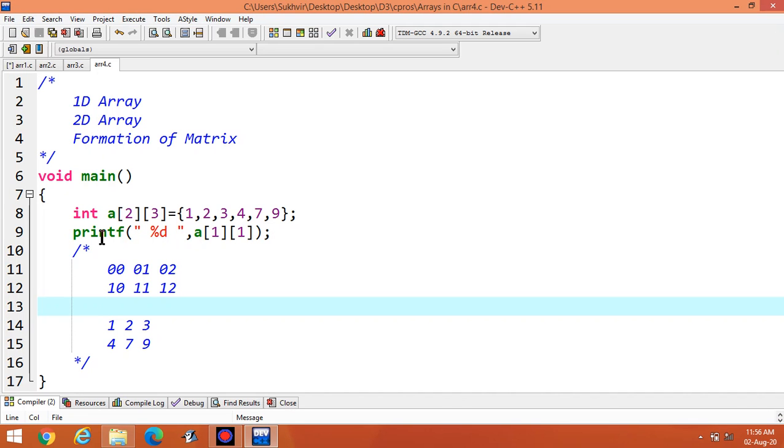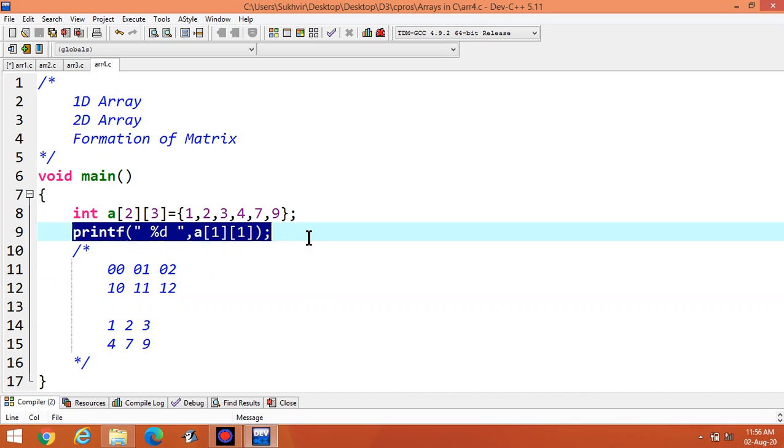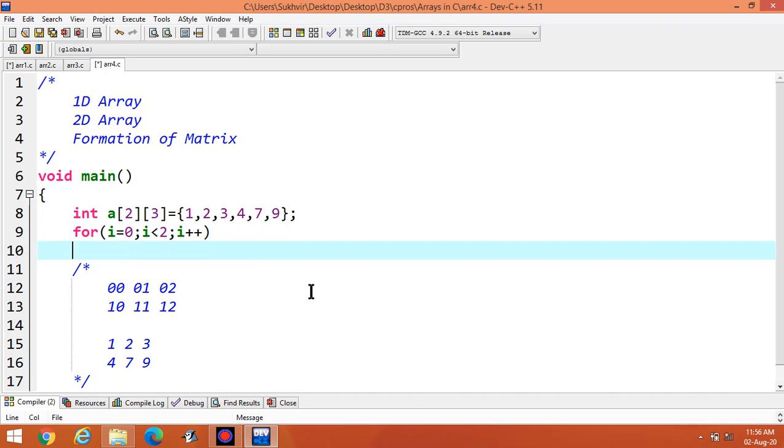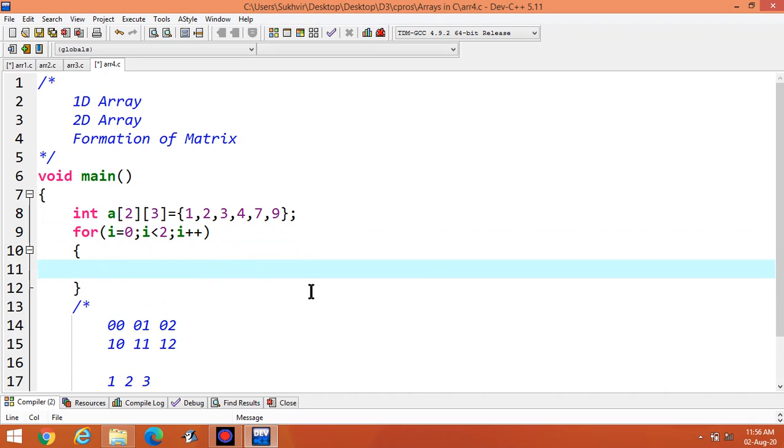Suppose I have to display all the contents of the matrix. Then what to do? I have to use for loop. I is equal to 0, I less than 2, then I plus plus. Then again use for loop.